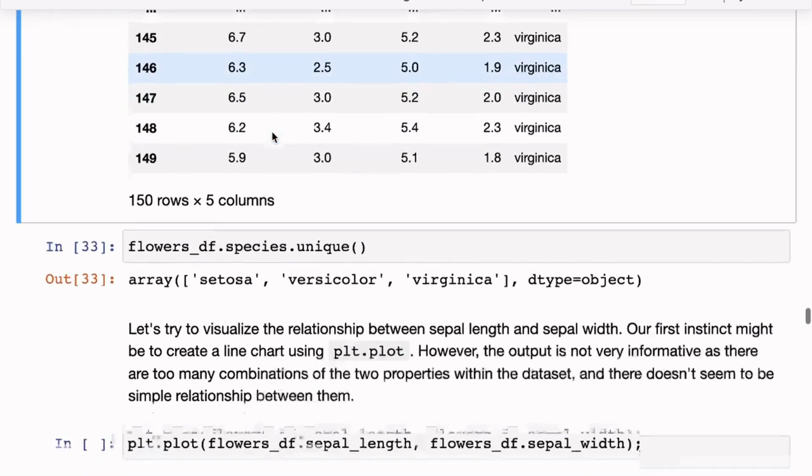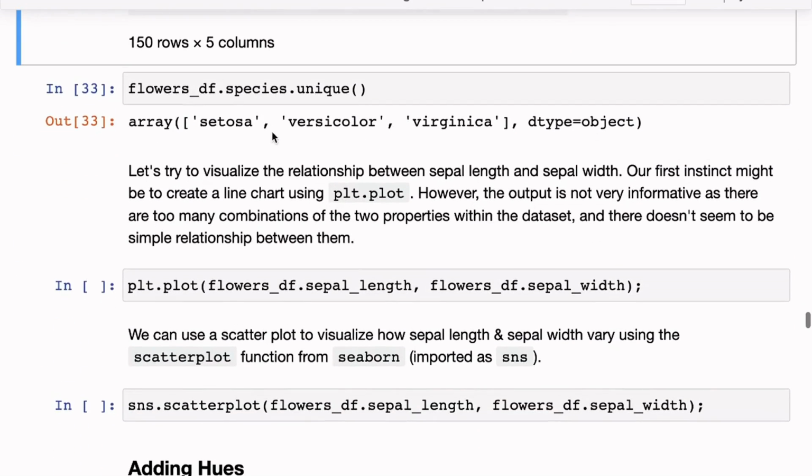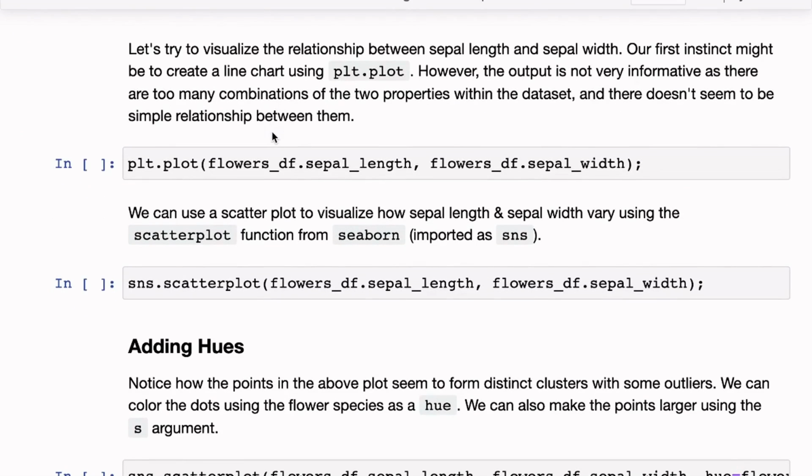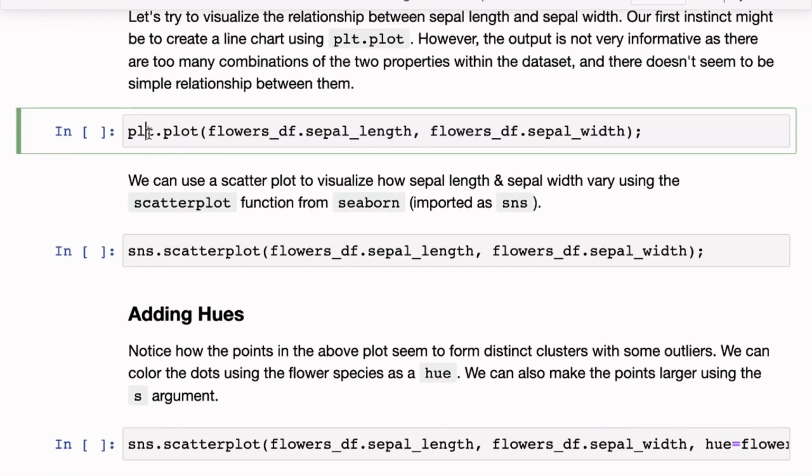And we can't even look at and grasp all the numbers at once. That's where we might want to visualize the relationship. Our first instinct might be to create a line chart using plt.plot. Remember that we need to pass in a bunch of values for the x-axis and a bunch of values for the y-axis, and then all those points will be plotted and connected with lines.